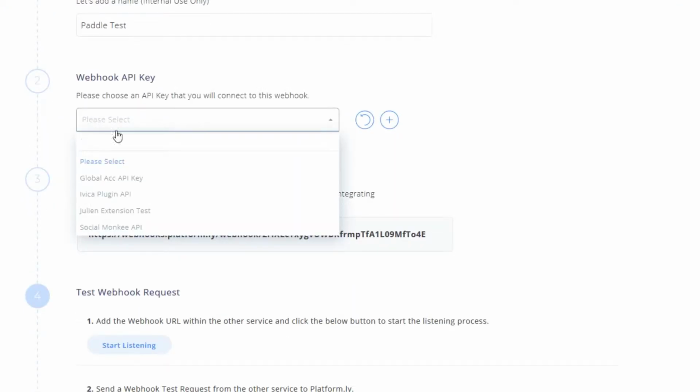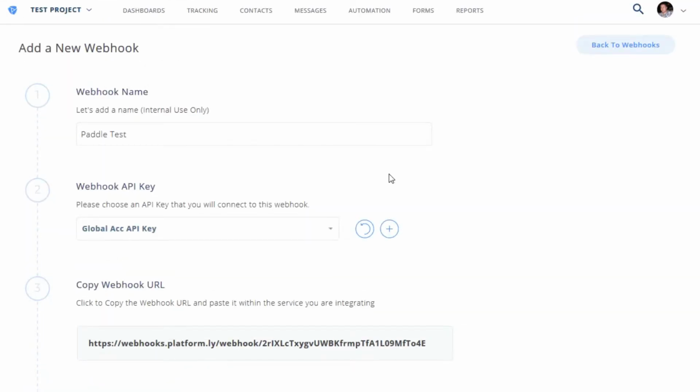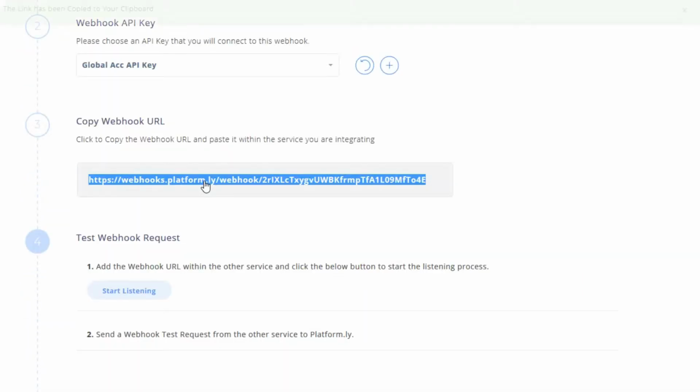In step 2, you will need to choose the actual API key. If you don't have any, you can create and then refresh. So basically using the API, you can even further protect your webhook URLs and add restrictions over the APIs that they are used. You can just navigate here to API docs and keys and update the API key you're using in the webhook.